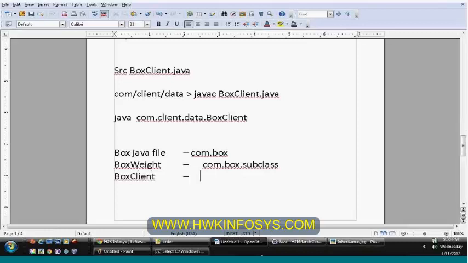Box client in com.box.client. So currently what I am doing is trying to put all three classes in three different packages. Let us change the code first and we'll see what consequences we have to handle.